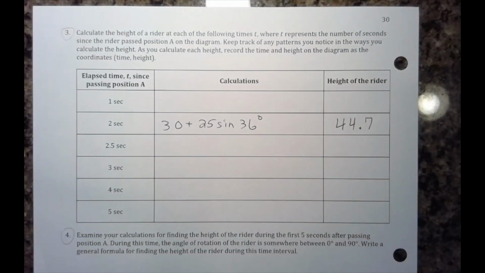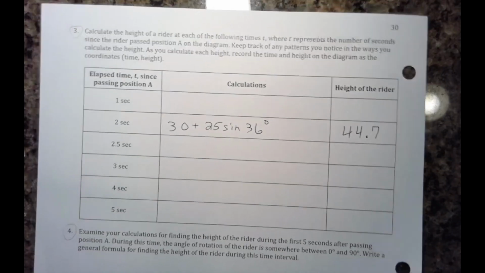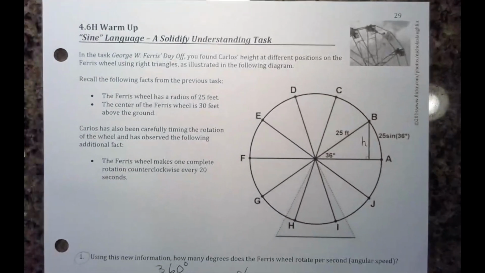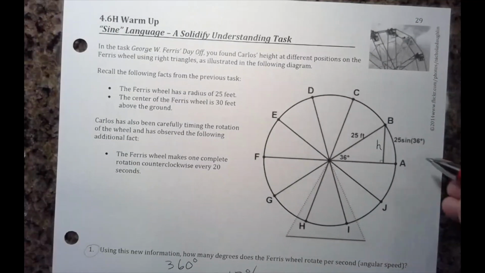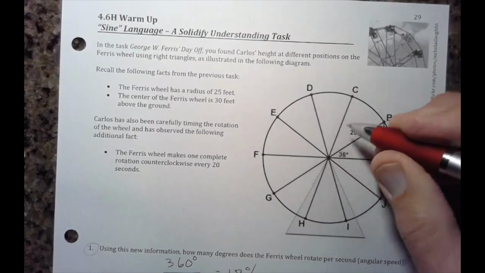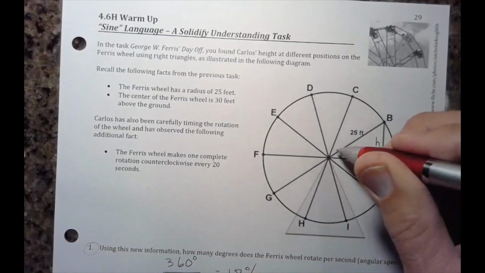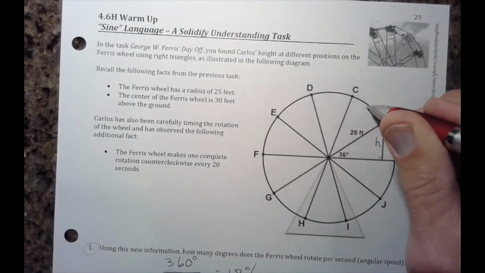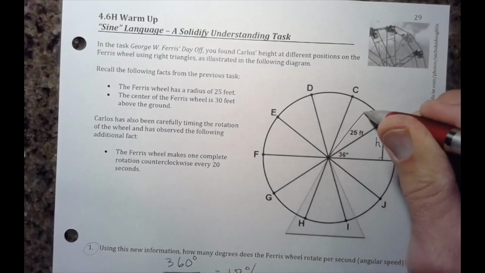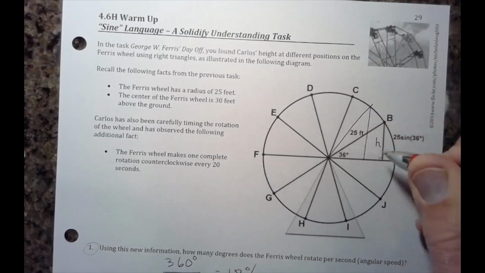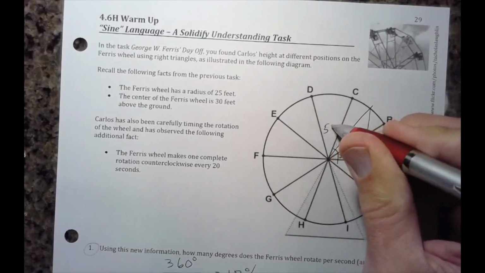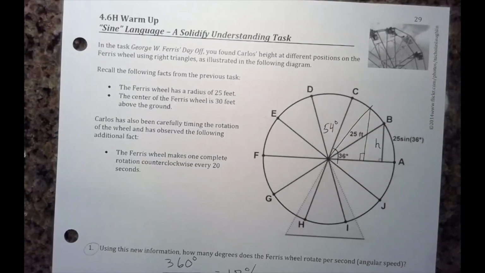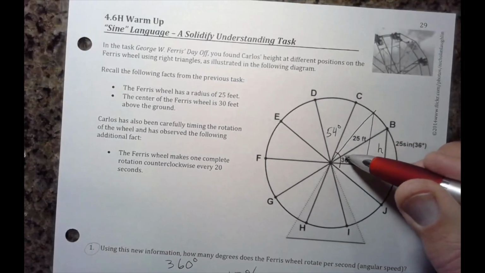Okay, let's go to 3 seconds. So at 3 seconds, if we go back to the diagram, the rider is going 18 degrees per second. So 3 seconds is going to be a triangle you could draw up here. 3 times 18 is 54, so imagine at 3 seconds the rider is someplace here, and if you drew a triangle here, you would know that angle of rotation, because it would be 3 times 18 degrees per second, or 54 degrees. So you'd end up with that same kind of triangle where you'd find the sine of 54 degrees,